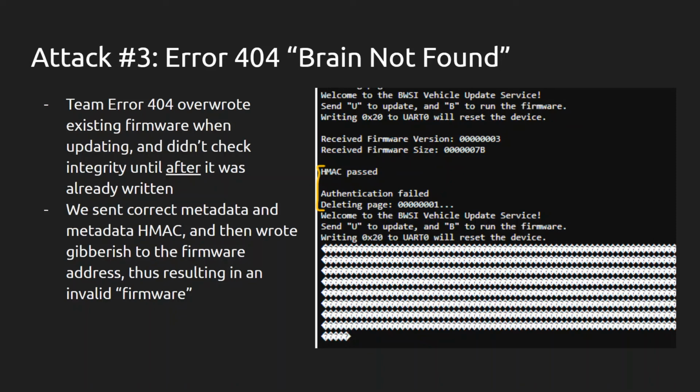So for the third attack, we targeted a team, Error 404 Brain Not Found, and their implementation was quite interesting in that what they would do is they would actually write the firmware data we send to them directly to the flash, and then after writing it, they would validate the HMAC, and if it was invalid, they would delete that page. So the issue with that was that